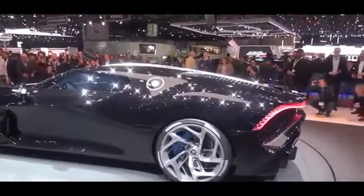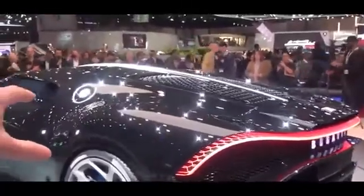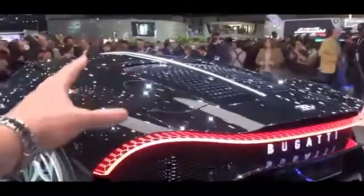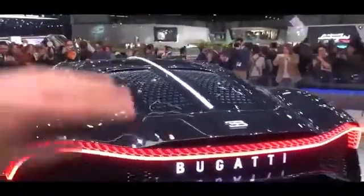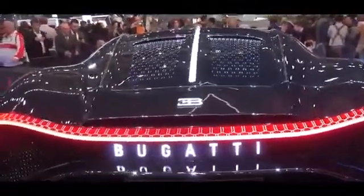The rear deck hiding away that W16. Of course, traditionally the Chiron, as we'll see very shortly, has a more open section where you can see a little bit more of what's happening at the back. But for aerodynamics, for airflow, for smoothness, but also to match the design of the Atlantic, everything is very much flowing, smooth, minimalistic lines. There are no lines where they aren't required pretty much anywhere on the entirety of this